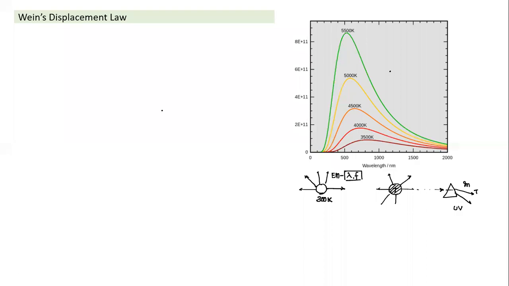So again, we are back here. We'll continue with Wien's displacement law. So again, as we are discussing here, whenever we receive radiation from the sun, the first thing we need to understand is that radiation has a wide range of wavelengths. What we see, the visible spectrum, is a very small part of the range of wavelengths which are emitted